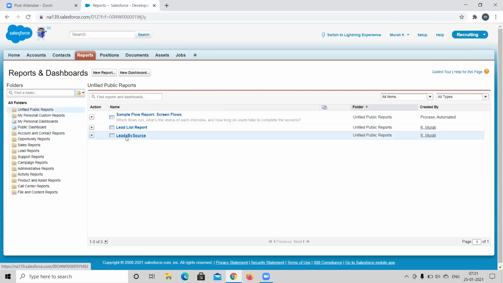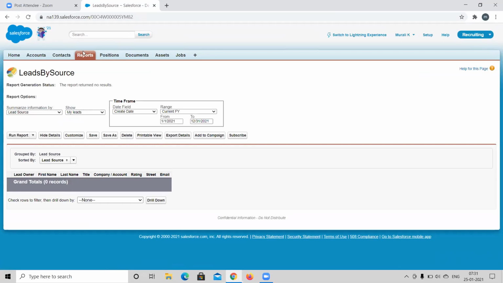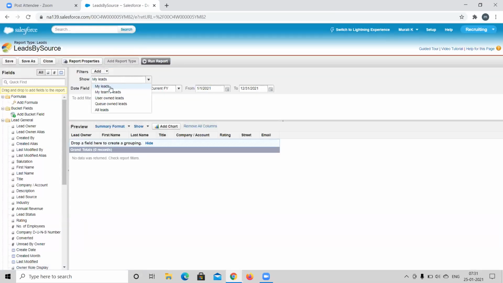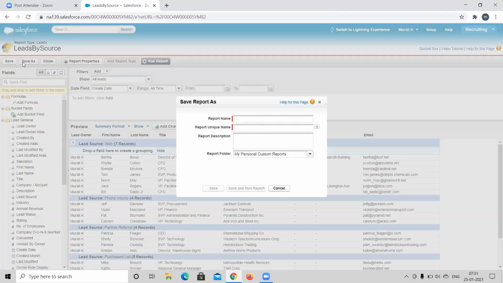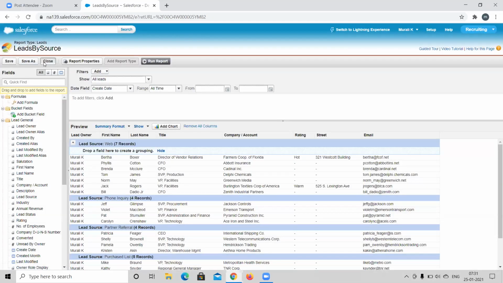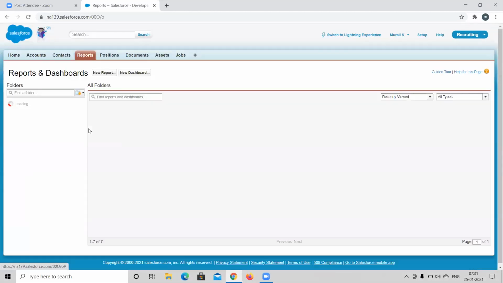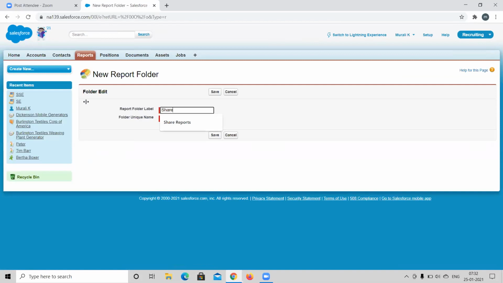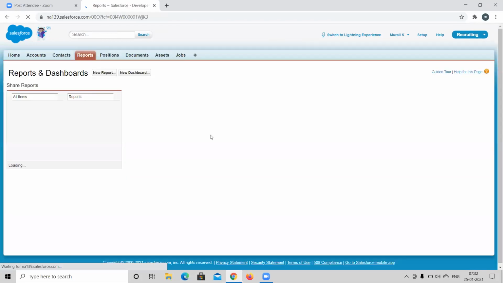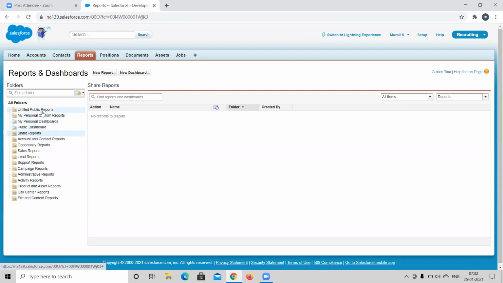And one more thing, someone asked me how to share a report with them. So let's take this report, Leads by Source. If you are sharing a report with someone, let me go back first and create a folder again for this. I just created Share Reports, and